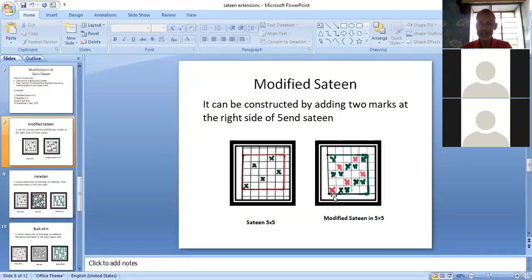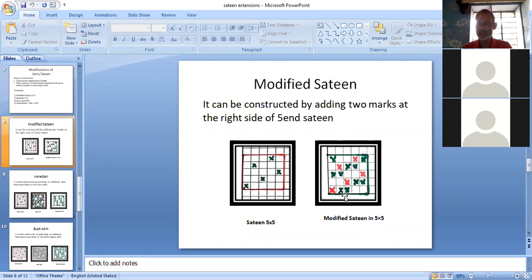So here we are adding 2 marks at the right side, and if we are adding 2 marks at the right side to the first mark, then the same other marks will be added in the same manner to the right side and 2 marks. Again, this base mark, right side 2 marks, right side 2 marks. Here only 1 mark can be added, and then next mark will be shown here.